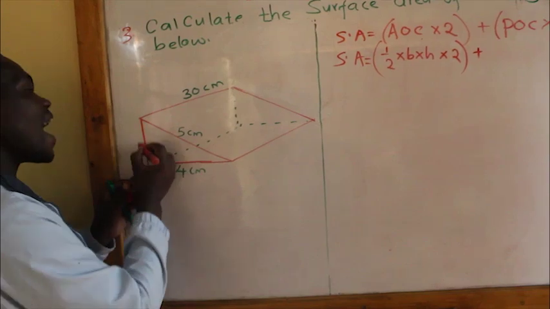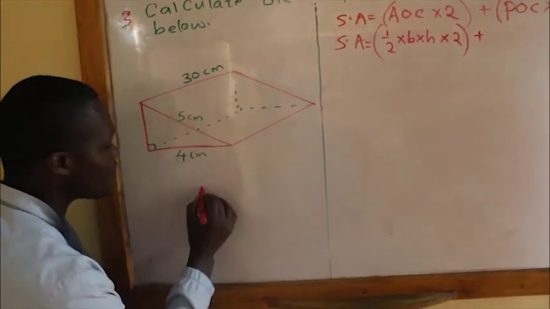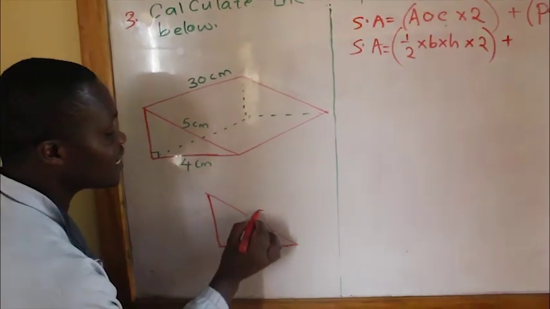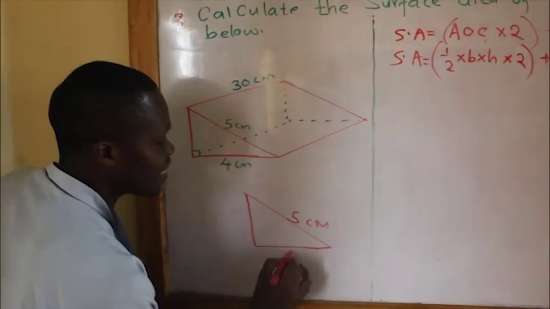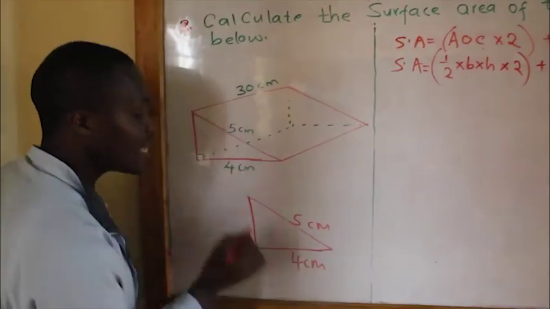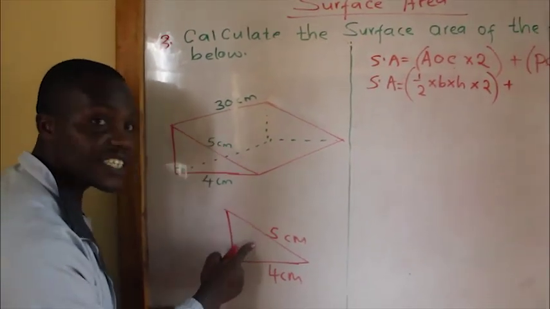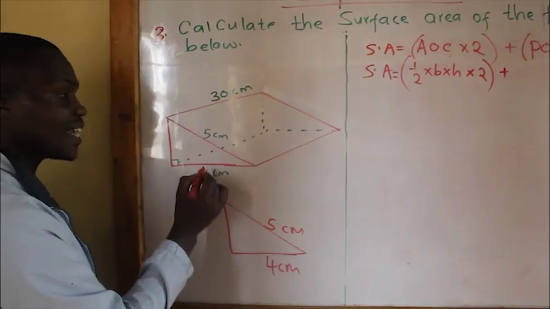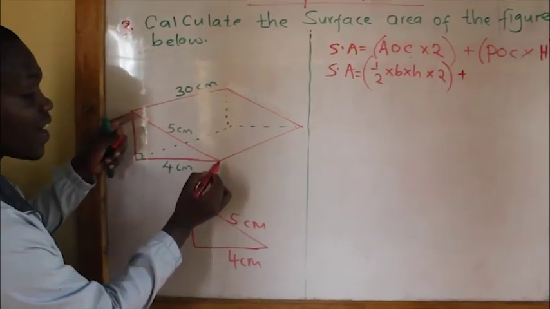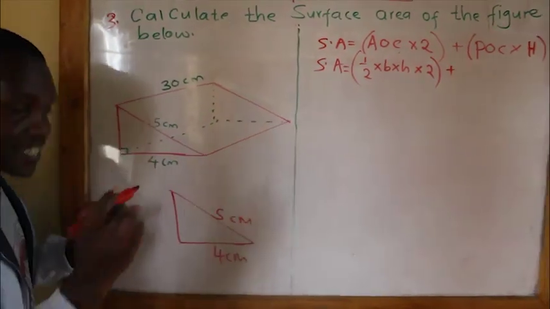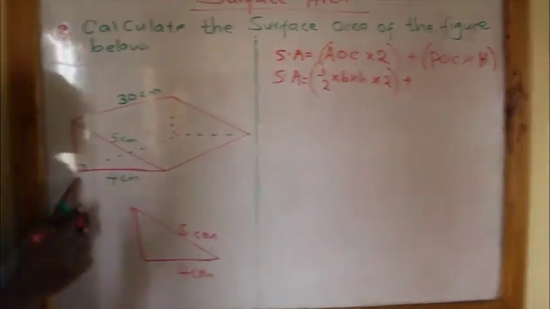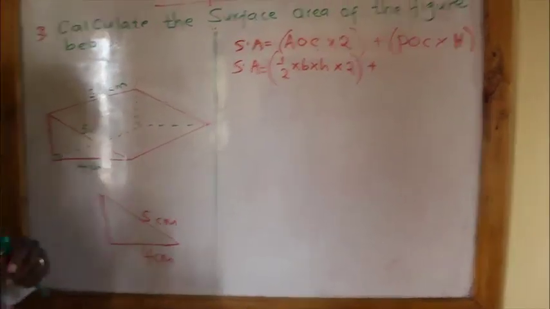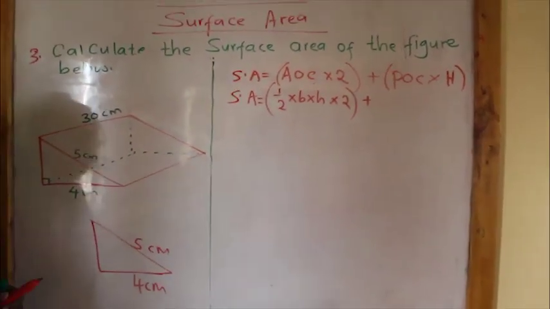So we have to add round, because if I was to draw my triangle like that, then this is 5 centimeters, this is 4 centimeters. If I tell you to find the perimeter of this triangle, it will be this side plus this side plus this side. Now you can see this side is 5, this is 4, but we have not been given the height. So I will take you back to Pythagoras theorem, whereby you know how to apply it.